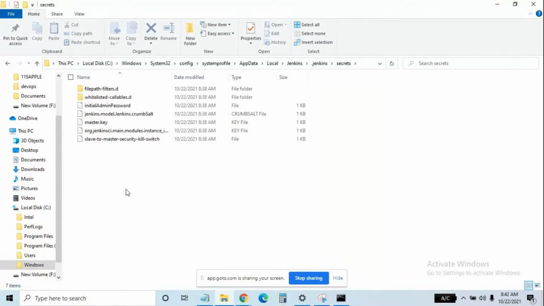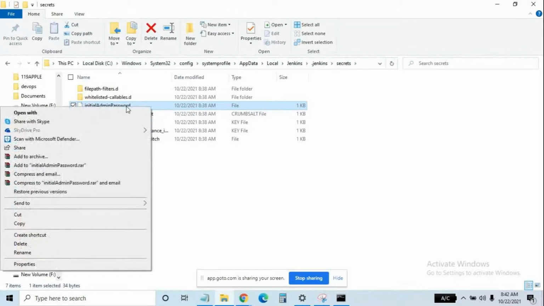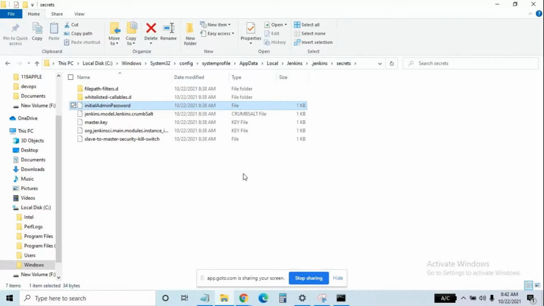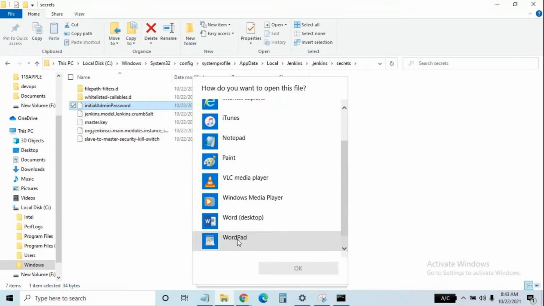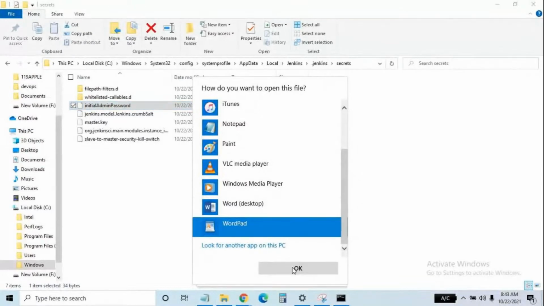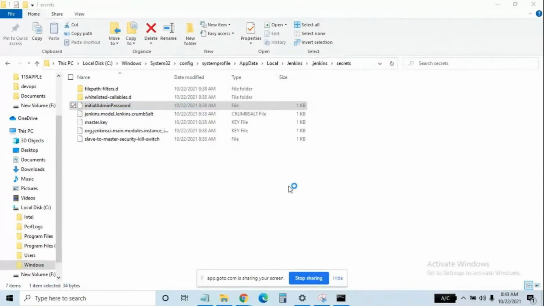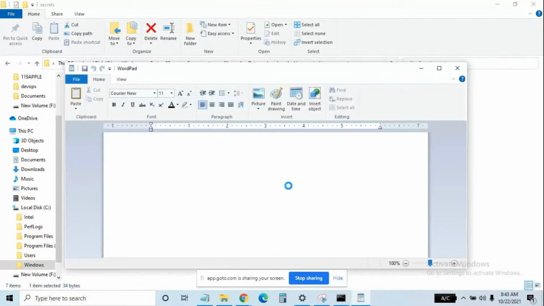So the third icon is there, right? From the top, right click on the third icon. Open with WordPad. You have to open it in WordPad.